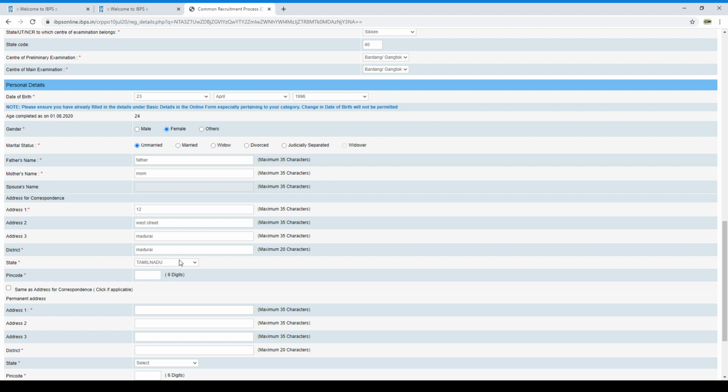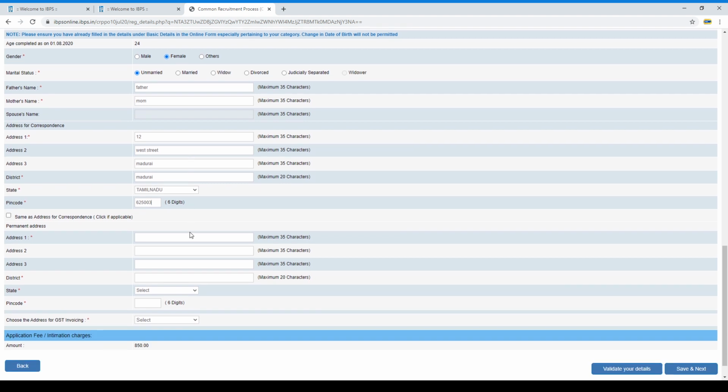Yes, I'm just giving Tamil Nadu. So give your pin code here. If your correspondence address and your permanent address are the same, you just click here.